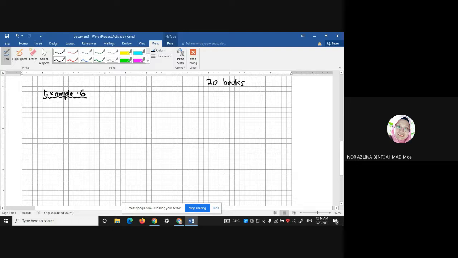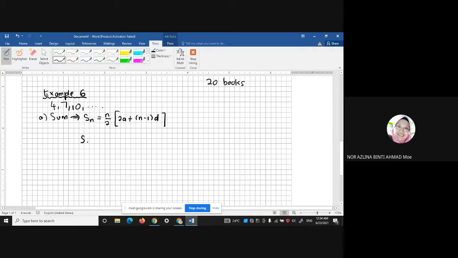Okay, example 6. Given an arithmetic progression 4, 7, 10, and so on. (a) Find the sum of the first 35 terms. The question wants us to find the sum, so we must use the formula S_n equals n over 2 times (2a plus (n minus 1) d). The question wants us to find S